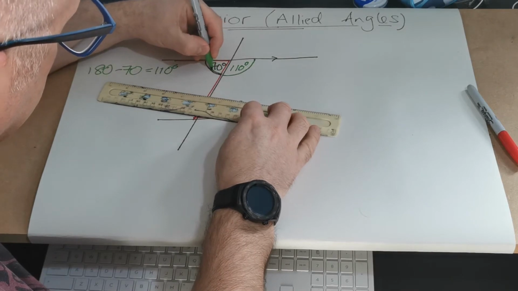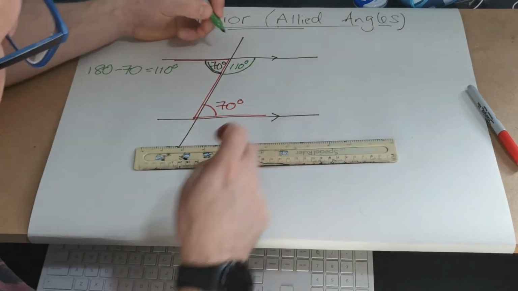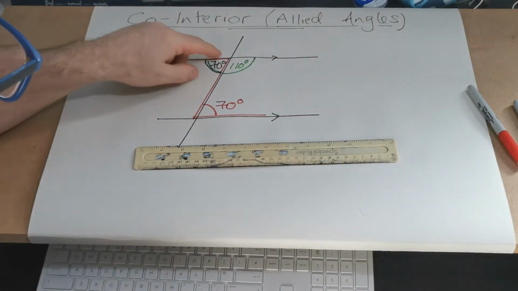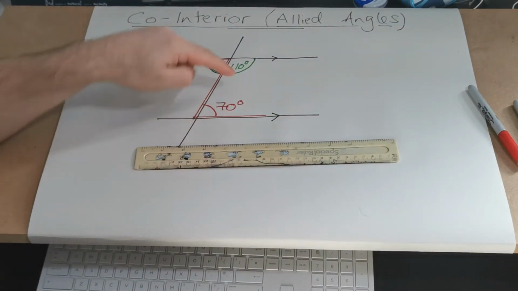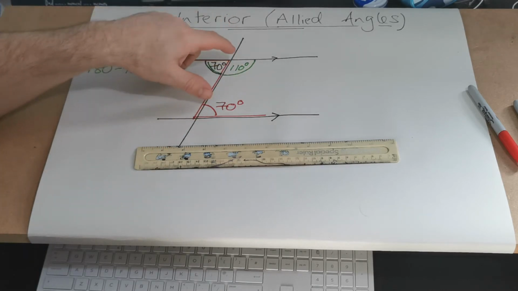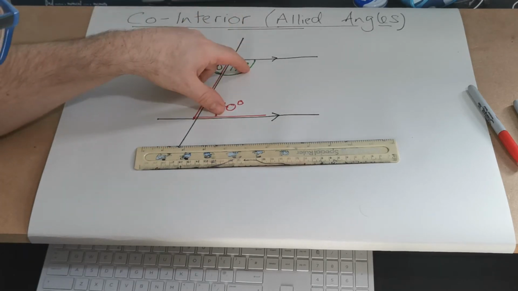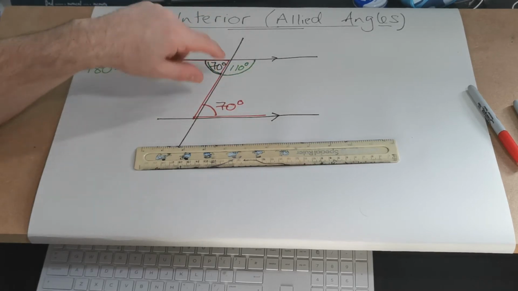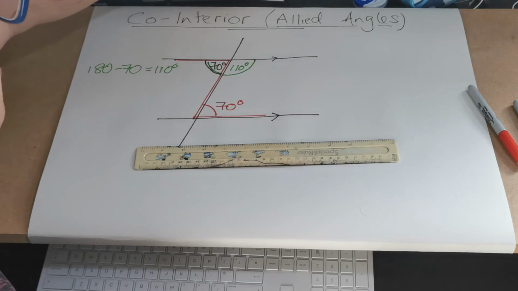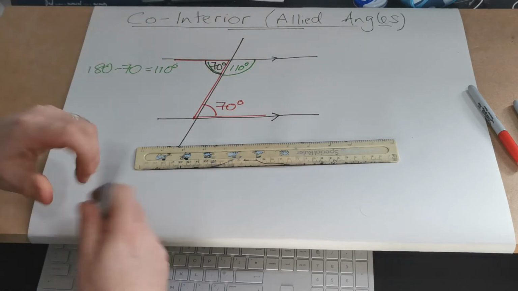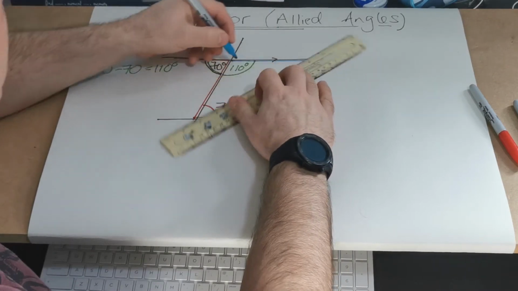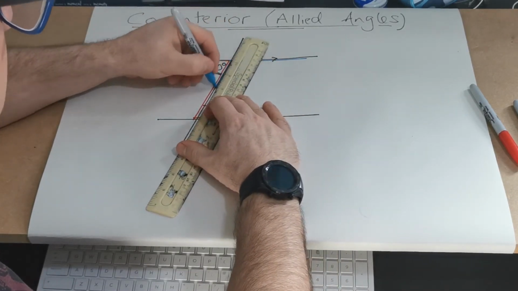So by looking at it from that respect. Now, when I look at the two angles I've just worked out, this one from the alternate angle and this one from angles on a straight line, I can see that they also share that same relationship. They add up to 180 degrees because of the way that we found them. So what I want to do is look at them separately. So if I just consider them only as an angle,